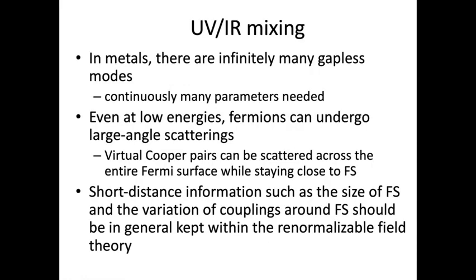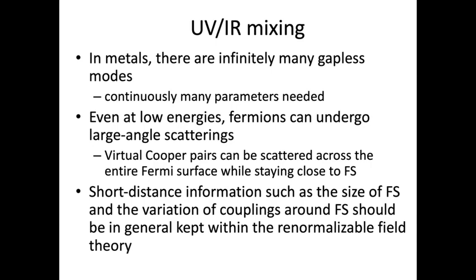So in the presence of, say, a Fermi surface, there are continuously many gapless degrees of freedom living on the Fermi surface. So it's not hard to imagine that the number of parameters that we have to include within the renormalizable field theory has to be kind of infinite. It's a function's worth of information that we have to include, like the shape of the Fermi surface and the angle-dependent Fermi velocity, and so on. Okay,